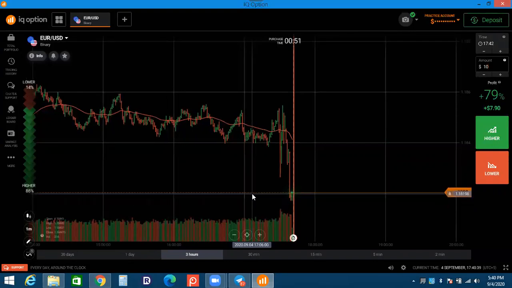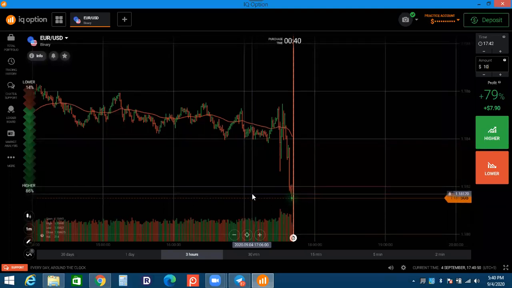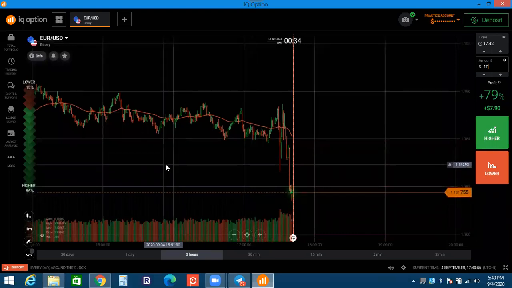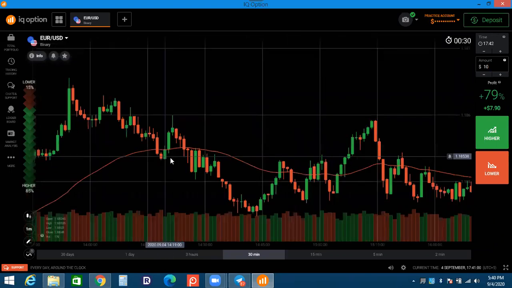So you just need two green candles on the third touch of the trend line. When you see one green candle, you can place a trade on the next candle. It will be green. But behind that green candle, there should be a pattern. Most of the time, you will see the pattern.